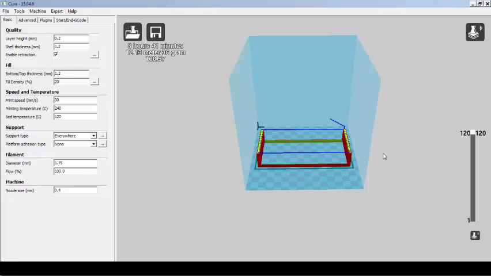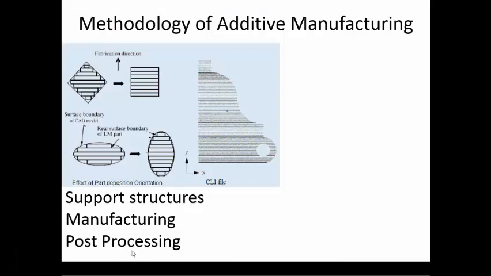That is, by changing certain angles and certain features, it is possible to eliminate the supports, or whatever supports are created, they may be made part of the component itself, thereby reducing the wastage of the material. That is also possible. So the supports are important features in the additive manufacturing processes. Understanding their need is very important.